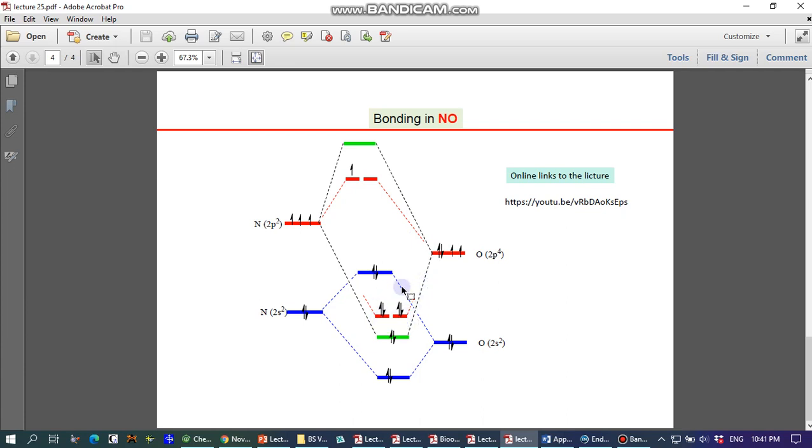So look a little bit with full concentration. These pi bonding molecular orbitals are closer to oxygen, which means they are polarized on oxygen, and that unpaired electron is polarized on nitrogen. So whenever nitrosyl gets involved in any sort of bonding where these